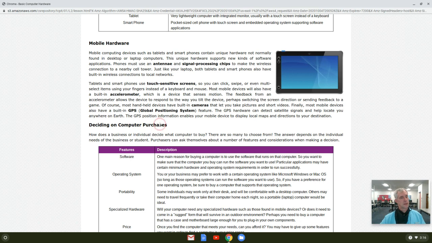Whew. This is a long chapter here. Mobile hardware. Now, this is where they're really talking about things that impact you today. And with everything, it's changing so rapidly. Every year they come out with new hardware on your mobile devices, whether it's your smartphone, your tablet, your watch, and they introduce new things.